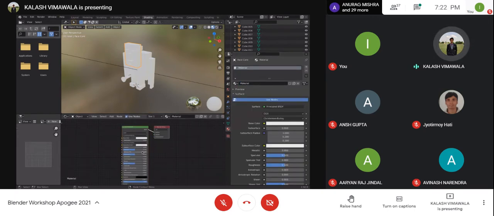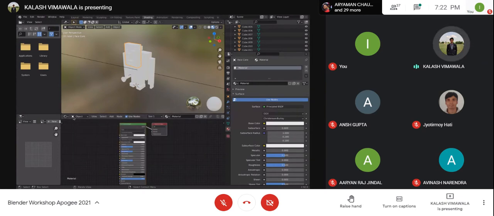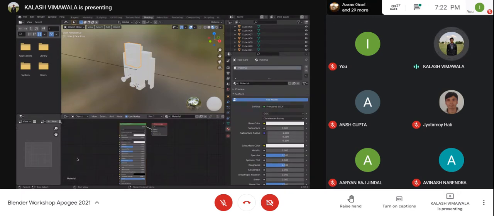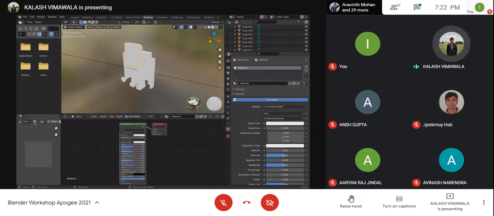Now what this would do is, if you see over here in your node editor, from the top left of this tab, you can click on here and see different options. If you go on shader editor, you will see what I'm seeing right now, and this has different nodes. The workspace is on the left. This is a file browser, and this is an image editor, which we don't need as of now.